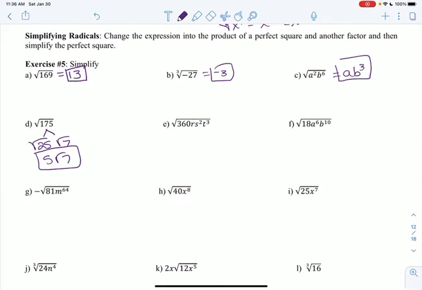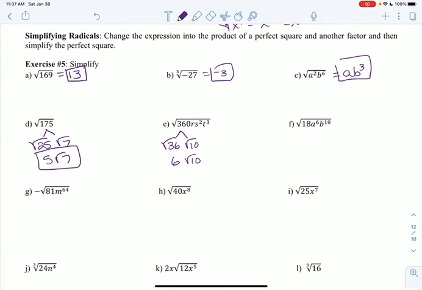Now when I have a mix of numbers and letters, just look at the number first. So I'm looking at 360. I'm going to simplify it. I'm going to break it down to radical 36 and radical 10. Radical 36 is the perfect square. I always want the biggest perfect square I can get. That simplifies to 6. All right? The 10 is going to stay radical 10. Now,